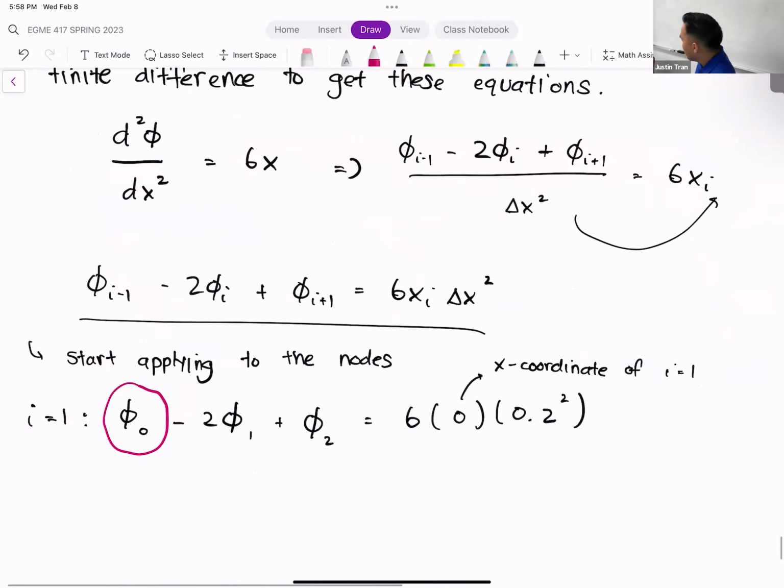Since we have a phi value here that's invalid, we cannot use this equation